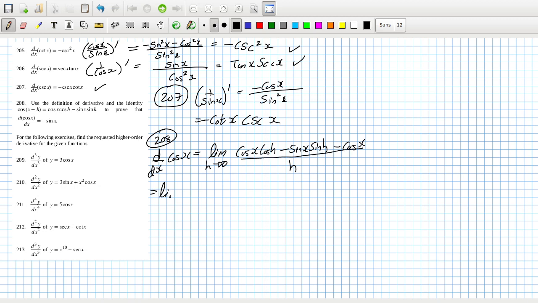That's going to be limit as h goes to 0. What do I want to do? Take out the cos x, I guess,